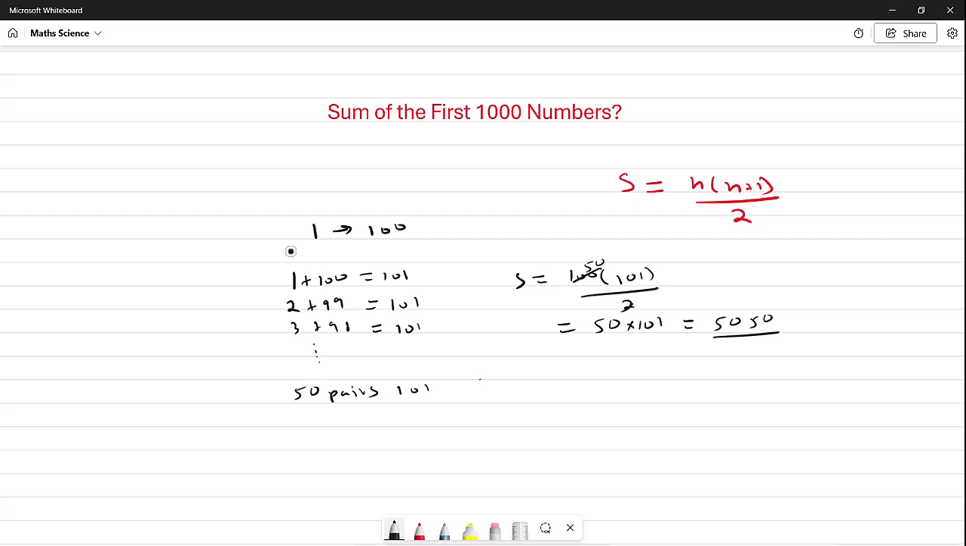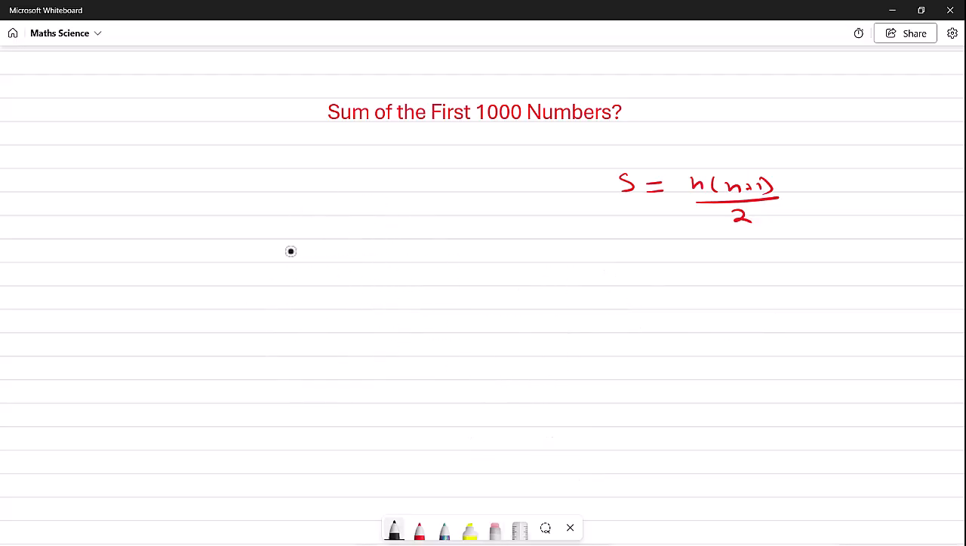So this just means your formula would be n into n plus 1 divided by 2. N divided by 2 is 50. We have 50 pairs of 101. And that's how we get 5050. Okay, and then finally,